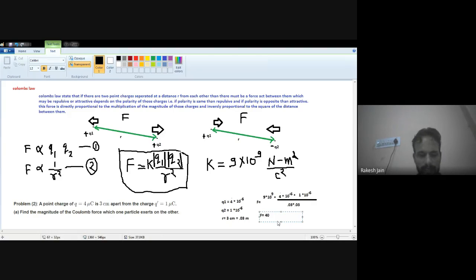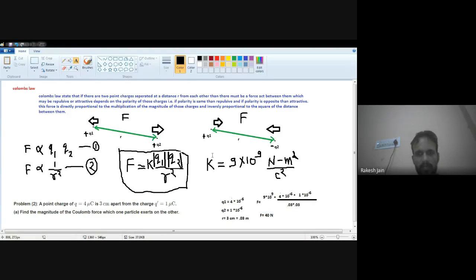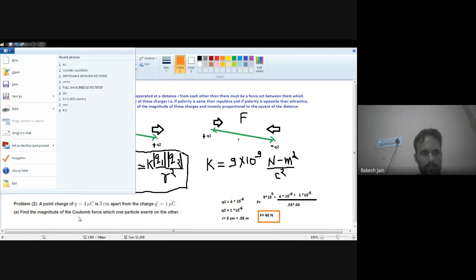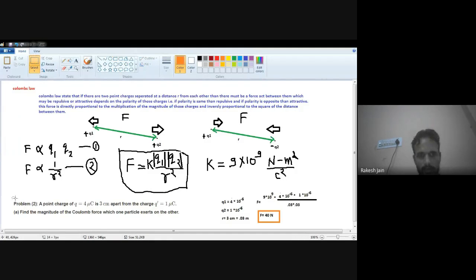I just directly write down the answer. You will check with the help of the calculator. So F is equal to 40 newtons will be the answer. So this will be the answer of the second numerical. Okay. Now we are going to solve the third numerical. After solving that third numerical, it is sufficient for the knowledge of Coulomb's law, and we will start our new topic, that is, the Kirchhoff law. Okay. I just copy this third numerical. Okay, I am going to remove this second numerical.